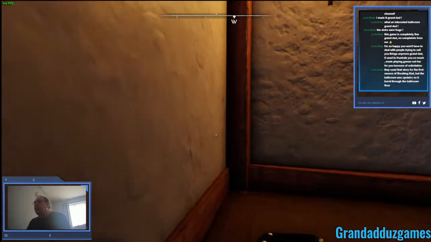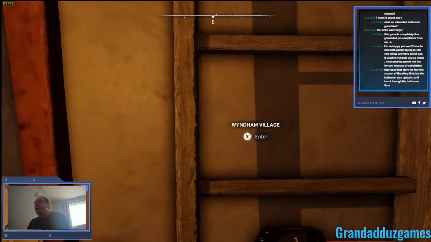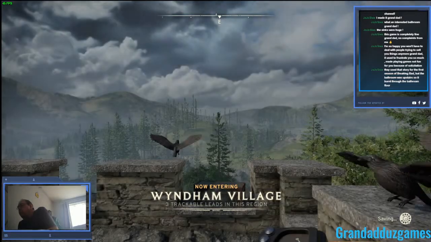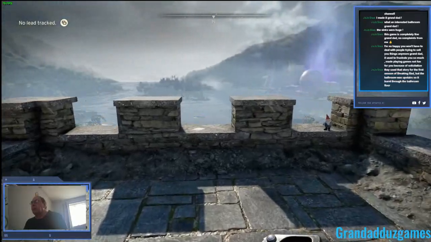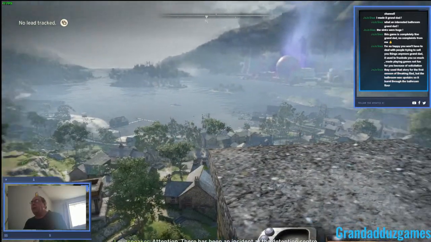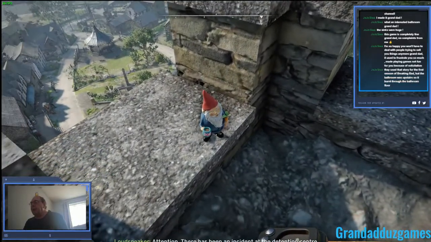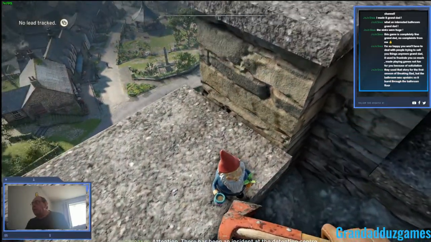Oh, we've got more upstairs. Oh, Wyndham Village. Where does this come out then? Got to be in the tower, or the bell tower. Oh, we're on top of the tower, look. Oh, we might as well have a good look round while we're here. Oh, I don't know about these things. I think...